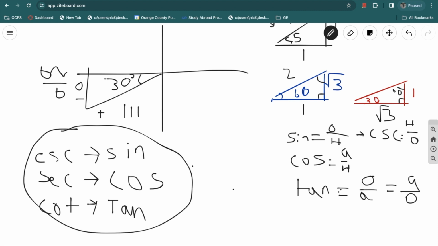You just need to know that the only thing that switches is your 0, 90, and 180 degree values. So if we do y equals cotangent,